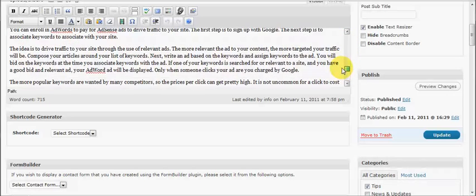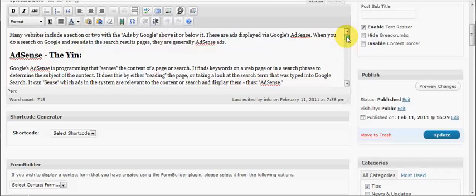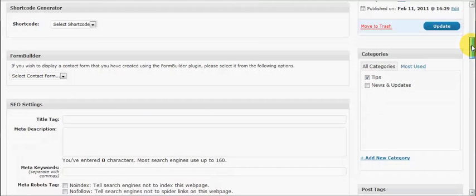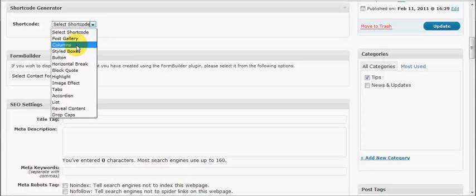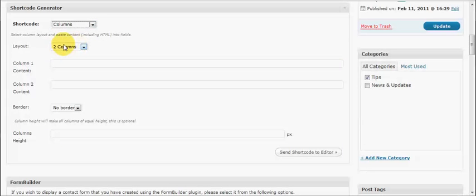Then I'm going to scroll down to the shortcode generator and choose the column shortcode off of the list. You'll notice that the column shortcode has several configuration options. Under layout, you can pick the number of columns you want to have: 2 columns, 3 columns, 2/3 columns, 4 columns, and 3/4 columns. You can also enter the content you want to appear in the columns. Before you send the shortcode to the editor,